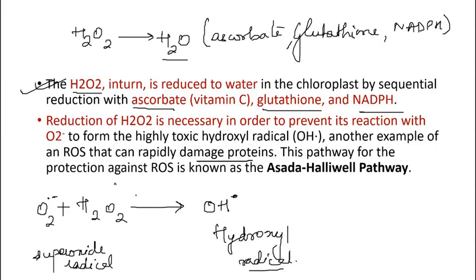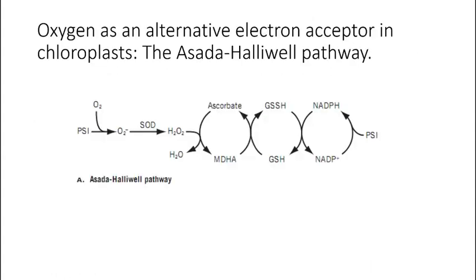Now this pathway for the protection from ROS, that is conversion of superoxide by SOD to H2O2 and then H2O2 to water, this conversion is known as the Asada-Halliwell pathway. So see here in this picture, PS1 is giving the electrons